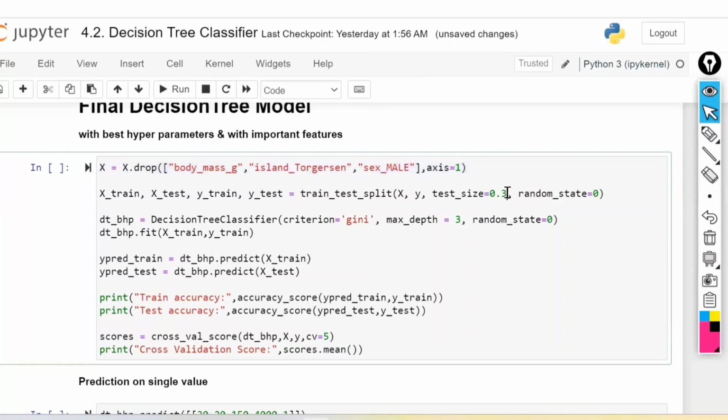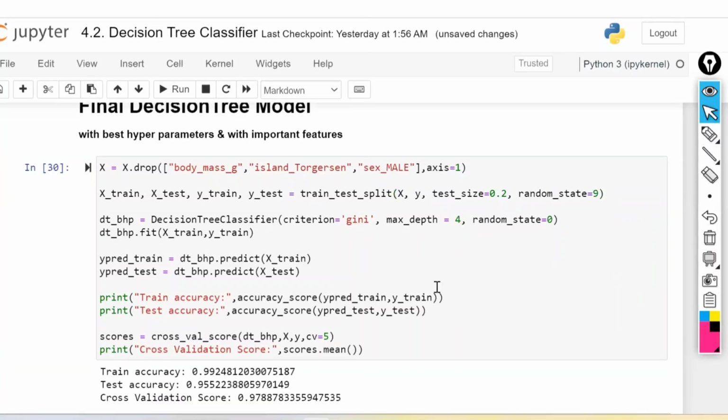Again, I'm going to recreate with a test size of 0.2 with random state of 9 and Gini with a maximum depth of 4, and I'm going to execute. Now I have got the best model when compared to that. Sir, already the same test accuracy you have got there, right? Earlier also you got the same test accuracy; train accuracy was 100%, here 99%. Now tell me, is this overfitted or underfitted? Neither overfitted nor underfitted. It is a good model.